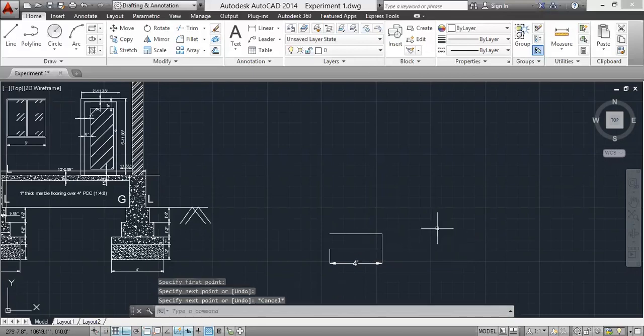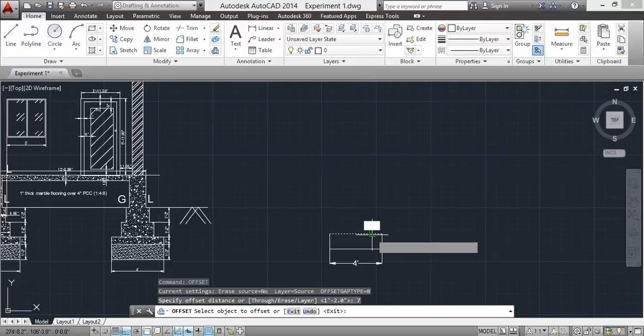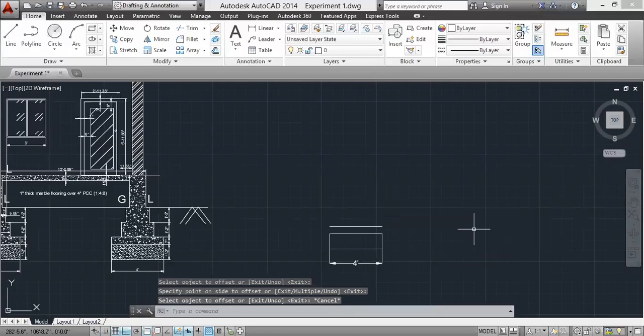L enter, click on this, join this, right? Now the next step is a line at 7 feet height. Now we'll be giving the offset command, 7 feet, click on this object, click above, enter. Now join this, L enter.